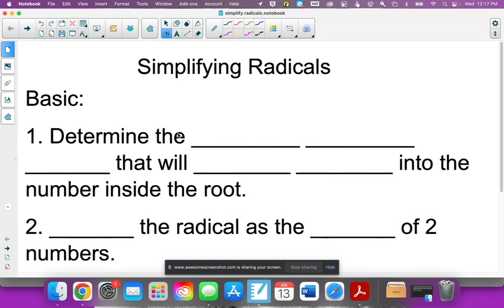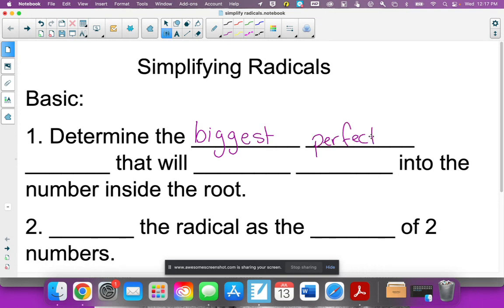So today we are going to be simplifying square roots, okay? And it's a couple of steps that you need to do. It's not bad, and we will walk through it. And then we're definitely going to talk about what you need to do to make sure you're remembering what your perfect squares are. Okay, so the first thing, you take whatever number is inside the radical and you figure out